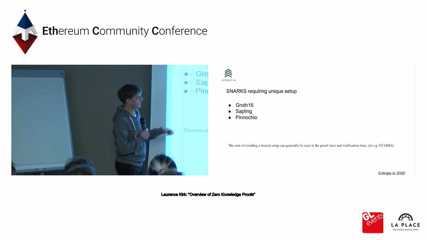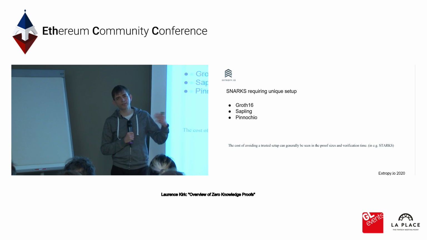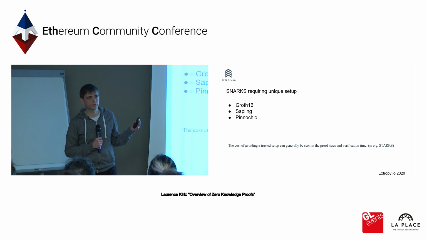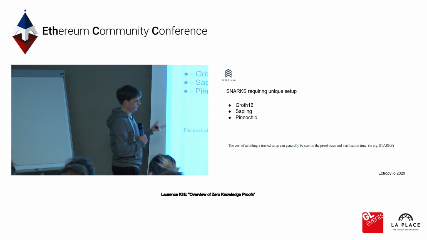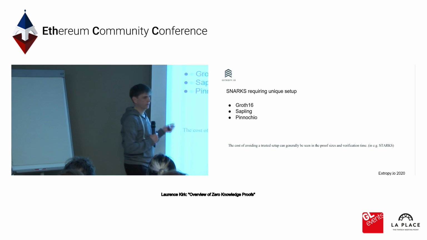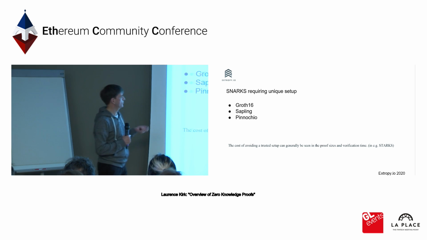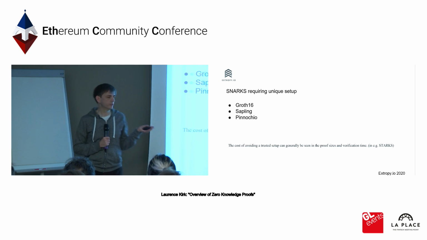But the alternative, and I'll come on to these later, if you don't have a trusted setup, is that you tend to get larger proof sizes. So the actual proof itself is much larger, or it may take much longer to verify. So there was a trade-off here: you're getting a succinct proof and reasonable times for verification, but you had to go through this process initially.